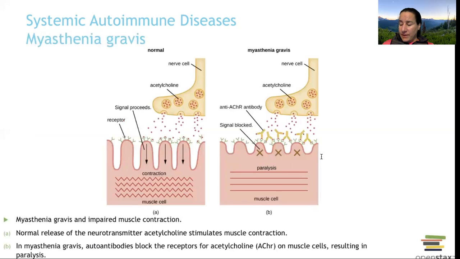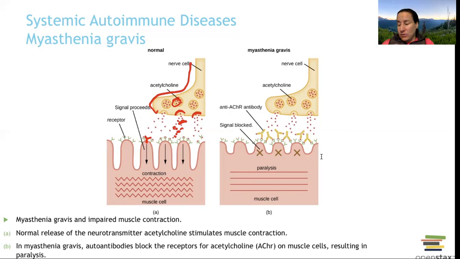So here is that picture of myasthenia gravis. I said that that was affecting the acetylcholine receptors. So here is our neuromuscular junction where we have our neuron. It is creating the acetylcholine because calcium came across and it triggered the accumulation and synthesis of acetylcholine. It's going to go across and those little vesicles are going to rupture. Acetylcholine goes across the cleft. It's going to hook up with receptors on the muscle cells. And here are all these little pretty green receptors, these acetylcholine receptors. Myasthenia gravis is blocking those receptors. They are useless